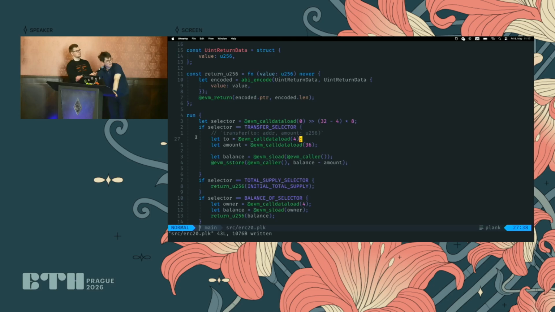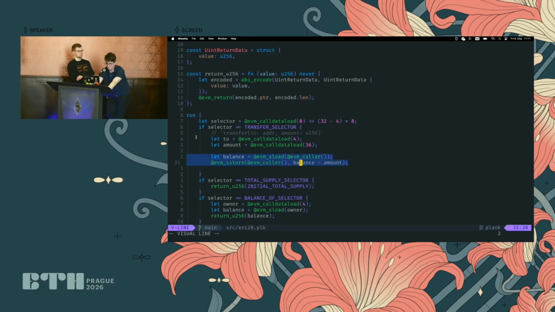Right now it's annoying, but I think it's also a cool thing that something so fundamental, like, if this were missing from Solidity, there's no way you can add it yourself. But in Plank, this is just a few dozen lines of comptime code, and you have your own custom encoder and decoder that works for any type, and you can add any optimizations that you want. So yeah, let's keep going.